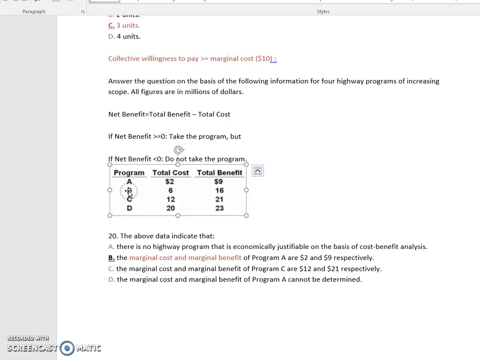Then what about program B? What is the marginal cost? The total cost for project B is 6, and the total cost for program A alone is 2. So the increase in cost, 6 minus 2, is 4. That will be the marginal cost for project B. Similarly, for project B, the marginal benefit will be 16 minus 9, the total benefit of program B minus the total benefit of program A. That is the change in total benefit because of taking project B. 16 minus 9 is